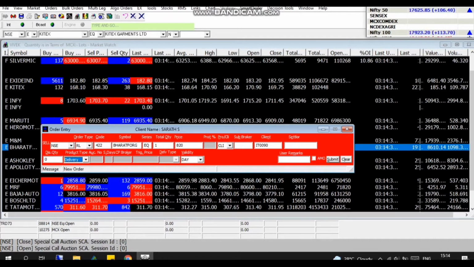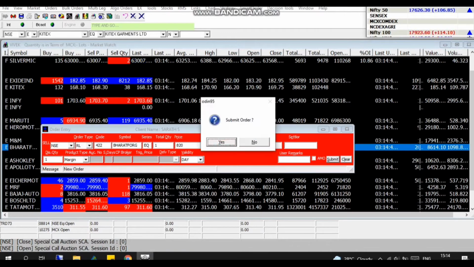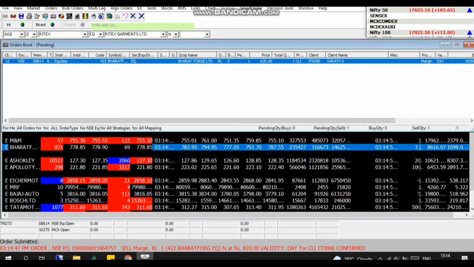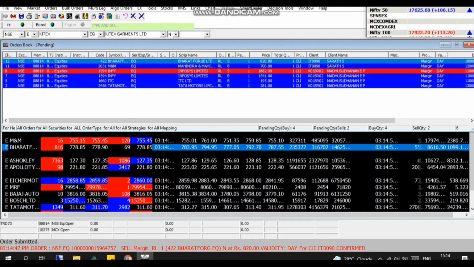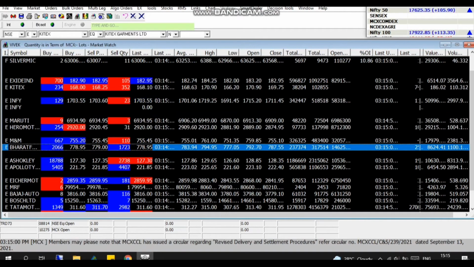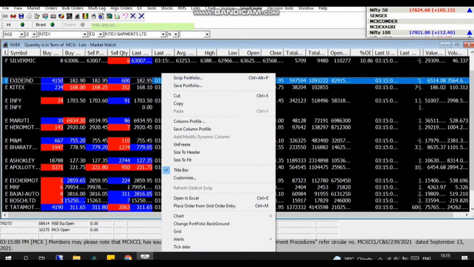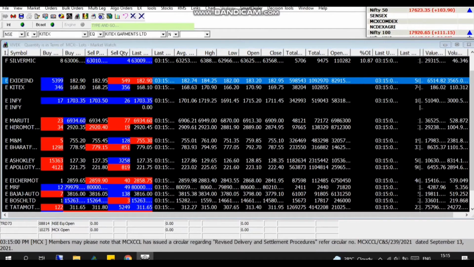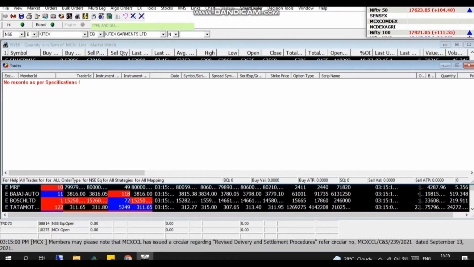If it is intraday, put it in margin. If it is delivery, put it in delivery and submit it. Once you submit it, you can see that your order has come below in a red line, red color letters, where it is mentioning that your order has been successfully entered in the system, and you can check by clicking F3 in the pending order window. As I explained earlier, for a particular script, press F3 once and only that script will show. If you press F3 twice, all pending orders will come.